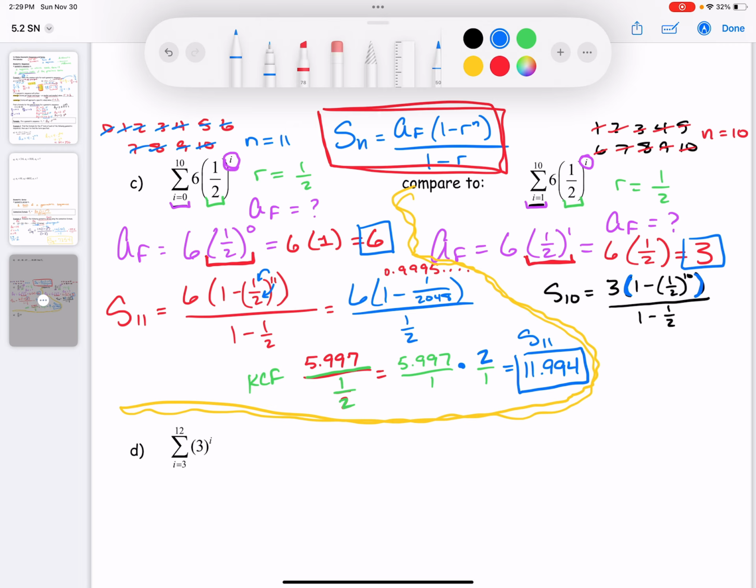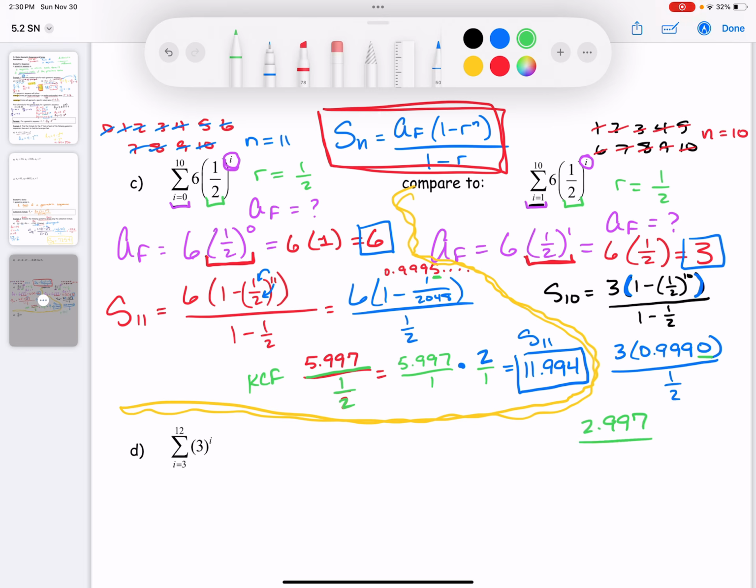I'm just using my calculator off screen here. So I get 3 times 0.9990 over 1/2. Now, these numbers are really similar. They don't actually have a difference until their third digit right here. Very, very similar. Then I multiply that times 3, and I get